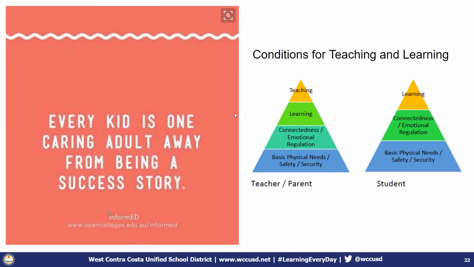And so, as you go up the triangle, if you look at the student side, once they have those first two met, they're ready to learn, right? If they don't have those first two met, many times you see the discipline issues, right? You see kids not engaging, turning off. But it also is the same for our adults, right? Teachers, parents, and you. And we consider you a teacher, right? You're supporting the students with education. So it's important that you have those first two things met so that you can learn.